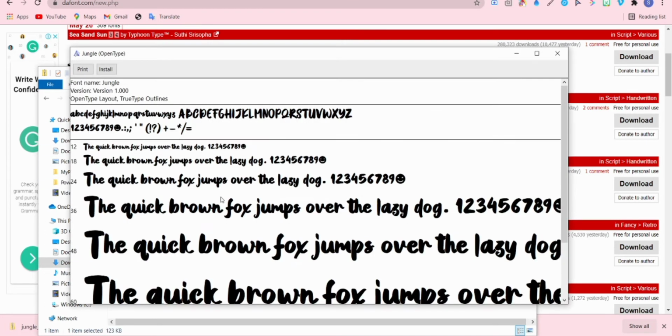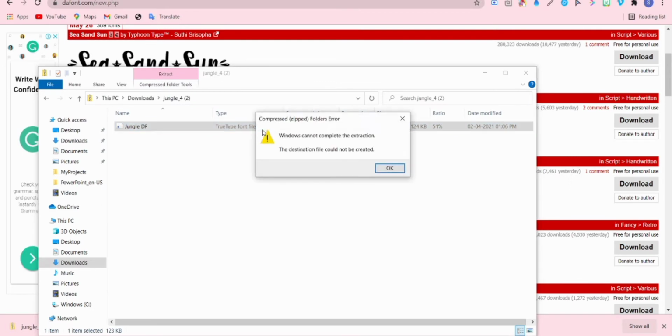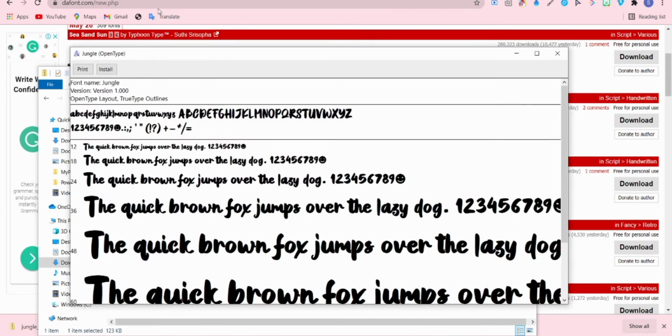Inside that folder, when you click on it, you will get a page like this. Here you can only see the fonts, but how to install? On the top left corner you can see an option to install. Click on that.